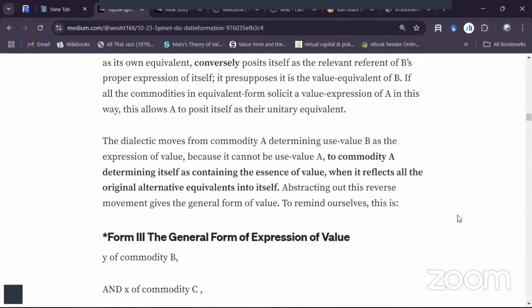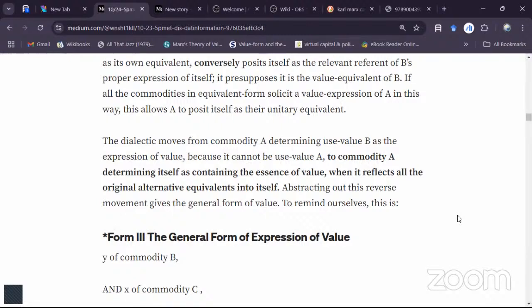The dialectic moves from commodity A determining the use value B as the expression of value, because it cannot be use value A, to commodity A determining itself as containing the essence of value when it reflects all the original alternative equivalents into itself. So this can be confusing, of course. Abstracting out this reverse movement, this is the negation of the negation that dialectics talks about, which gives the general form of value. In other words, because of this critical activity, this reframing, this reimagining